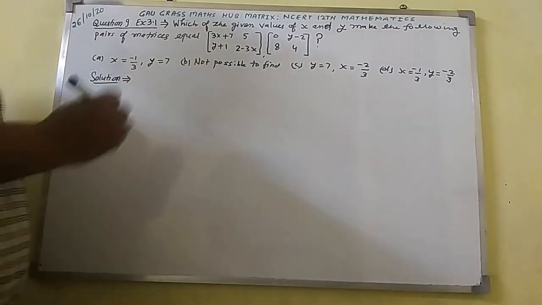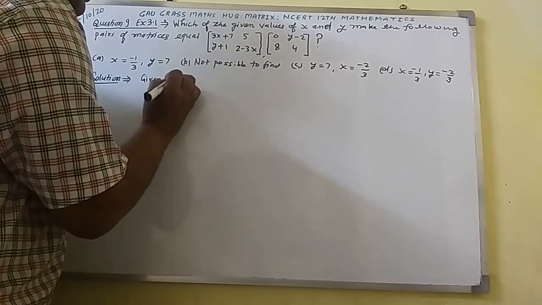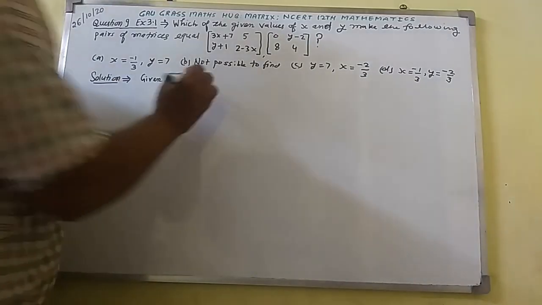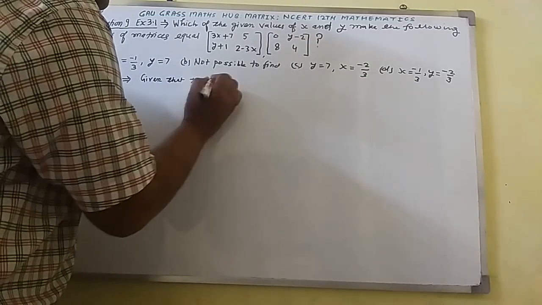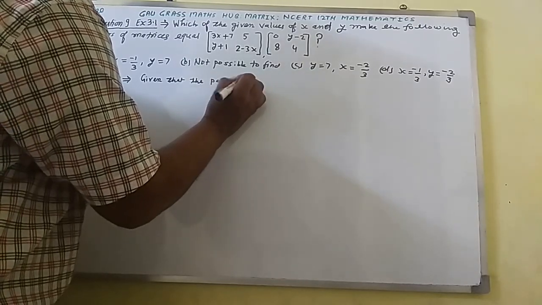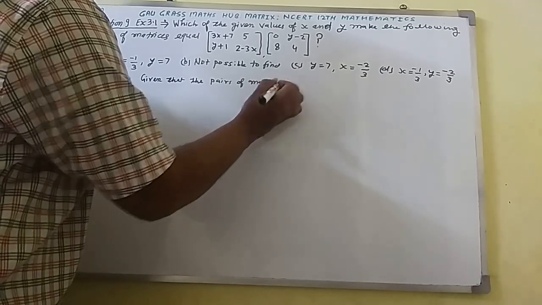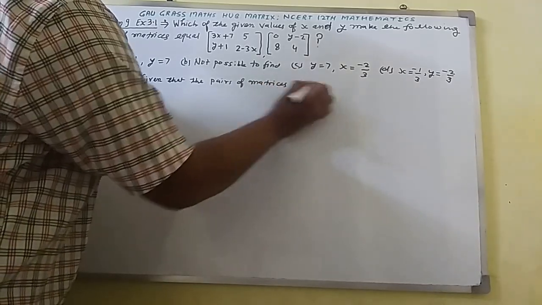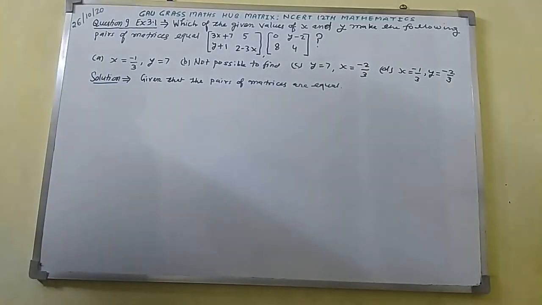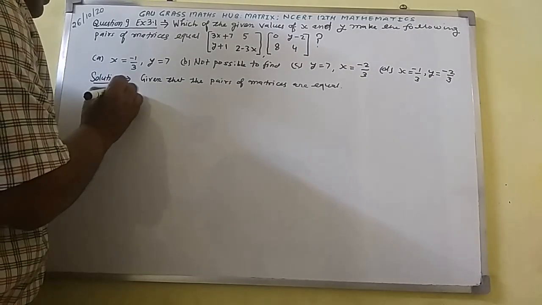Then here I shall write, given that the pairs of matrices are equal. Given that the pairs of matrices are equal, hence I shall write, hence